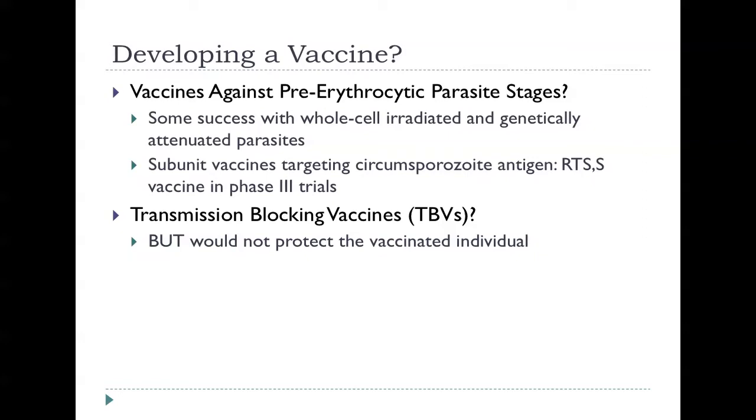These so-called transmission blocking vaccines are, ethically, a bit of an oddity because they're not actually helping the person you're vaccinating. That person's got malaria, still going to have malaria. But what they're doing is preventing that person being able to spread malaria because the infectious forms, the gametocytes, are being destroyed. And so there's a lot of lively debate about whether those vaccines could be used, should be used, and so forth. But in the last few weeks, there's been a great deal of interest in these pre-erythrocytic